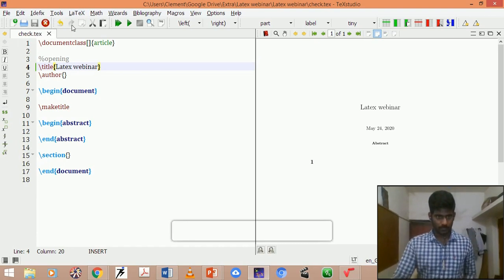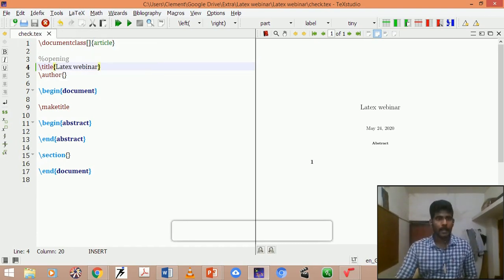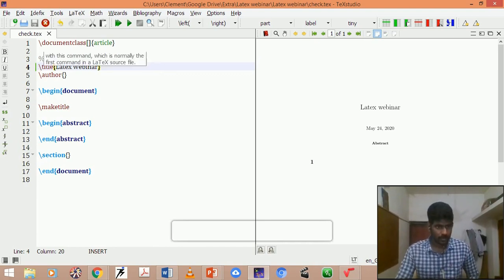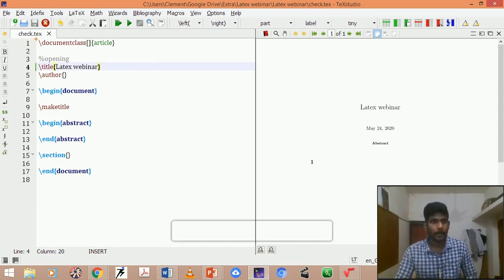Okay, in this I just wanted to insist on only two things. One is the preamble part. Whatever you are going to feed or configure before the begin document part is called the preamble part.